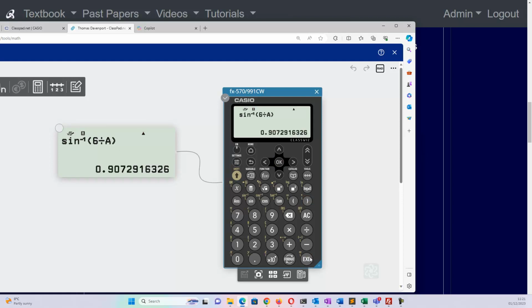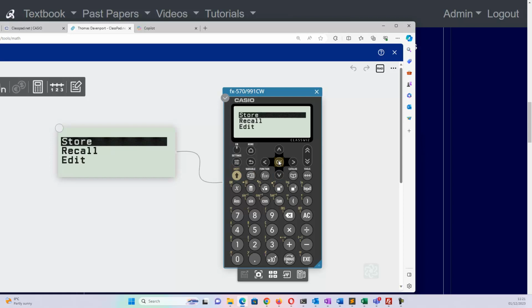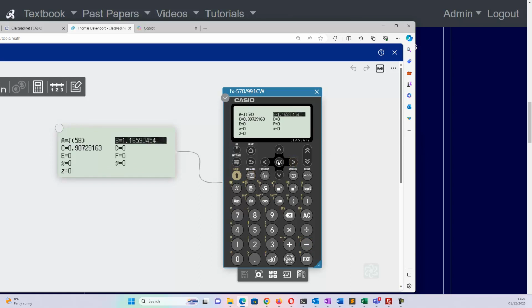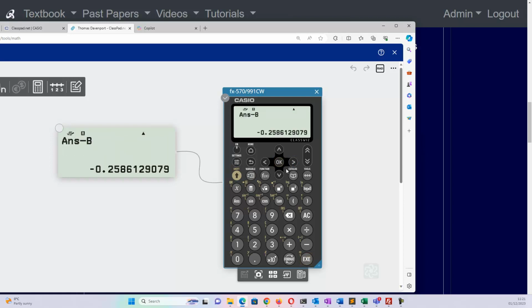Okay, I want to save that value because I might need it later, so we'll say variable, and it's c that I want to put that into. Okay, store it. Okay, so that's now stored in C. So to calculate theta 1, it's the arc sine of c over r minus phi. So we're going to subtract phi from that value, so that's minus variable, and it's b that we want. Okay, recall that, and the answer to that is minus 0.26, but it is negative,